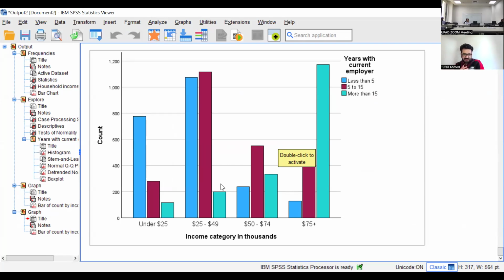So I can draw some insights from it. People who have more time with the employer, let's say more than 15 years, are probably earning 75,000. If you stay with one employer for a long time, the data suggests there is a high chance that you can earn more. So you can cluster them, you can mix two categories. This is a useful way of visually showing the data.